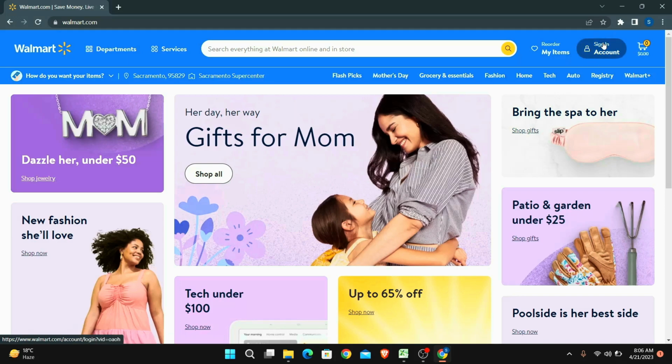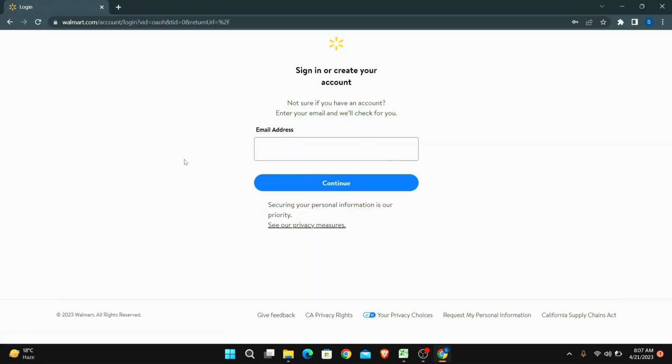Now look for the sign in button at the top right corner. Click on it and click on sign in or create account. If you don't have an account yet, you can watch our video on how to create a new account. But for now, if you already have an account, you can go ahead and enter your email address and then